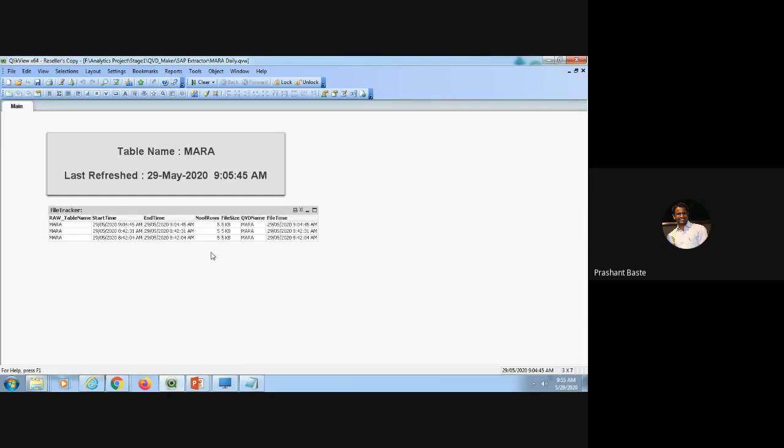So let's say that 5 hours of extraction is going to take 5.5 hours, or let's say 6 hours. Meanwhile your stage 2s have started, and in that case you have no clue: all extractions are running fine, all extractions are completed, but still users are complaining that your data is not properly updated. So by default, anybody will first check if there is any failure.